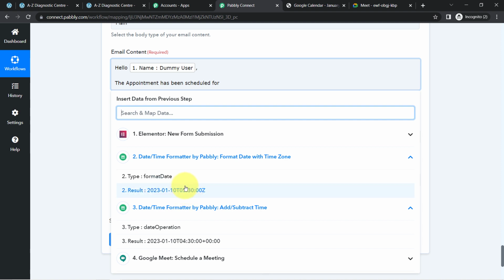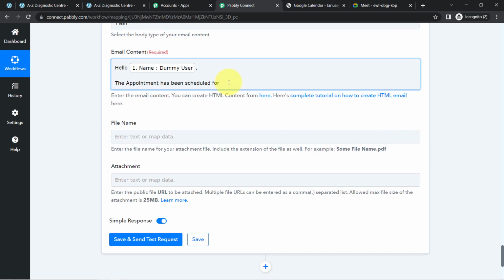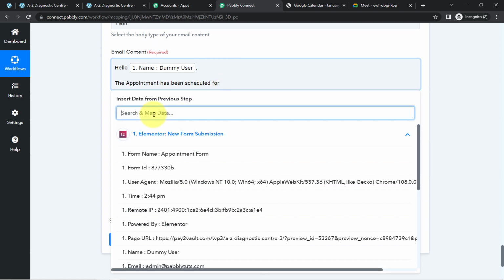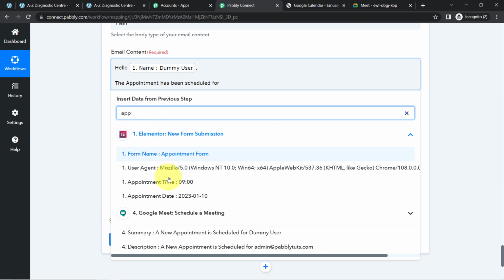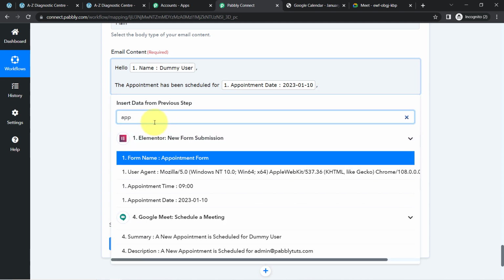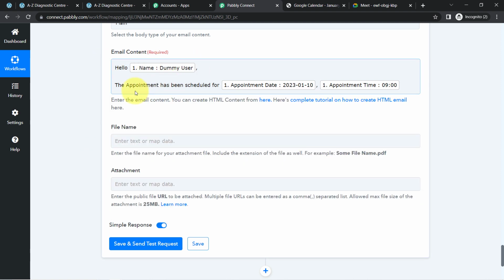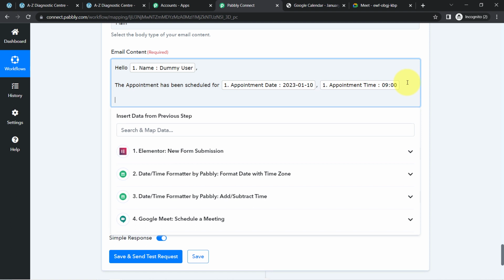Okay, so instead of mapping this data, I'm going to map the details from here, basically from the Elementor form submission data. So here we have the appointment date. Let us search for the appointment date. Okay, so here we have the appointment date as 2023 and 10th of Jan, placing in comma, and here I'm going to search for the appointment timings, that is 9 a.m. Okay, so hello dummy user, the appointment has been scheduled for this, and here I'm going to share the meeting